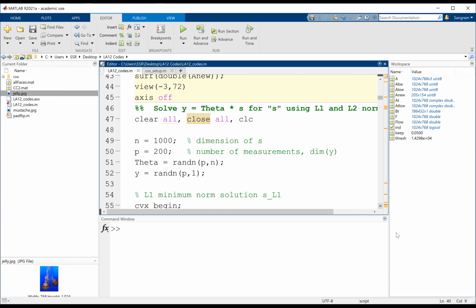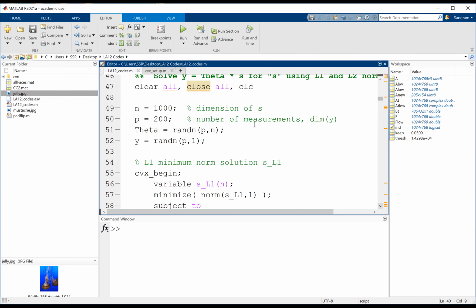So I'm going to construct this random matrix. And why is this important? Because when we start sampling, we get data, but that data is not sufficient. From that data, we need to construct the sparse vector. The sparse vector construction will be done using the L1 norm, but I just want to show you this. Let me run this example.